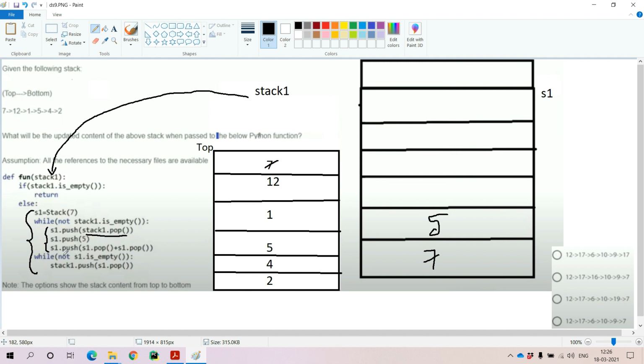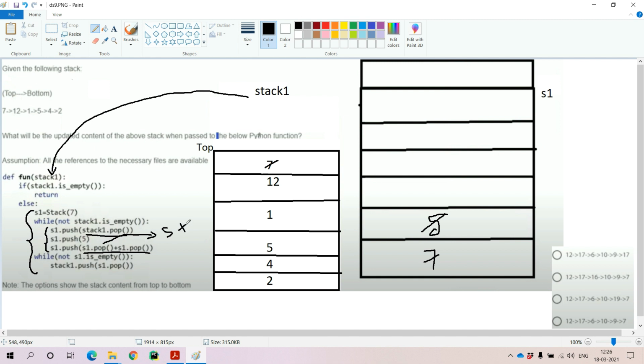That means before inserting the element into S1, we are performing these operations to form the element that we want to push into S1. Before pushing that element, we have to perform these operations. From the stack S1 itself, we have to pop the element. 5 is the element that we have to pop. That means here you will get 5